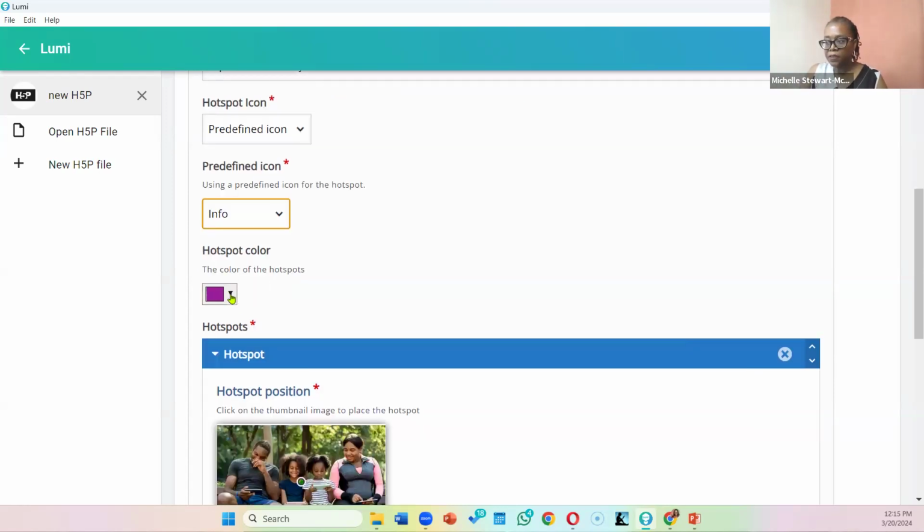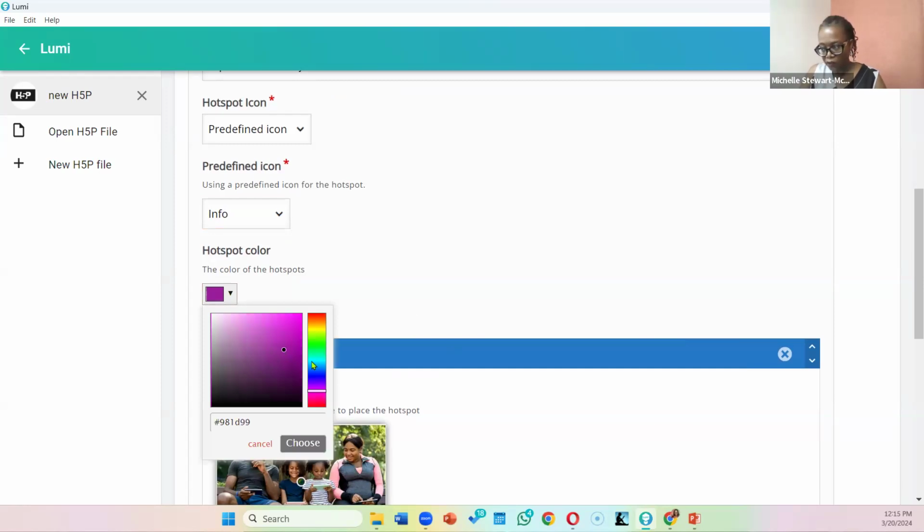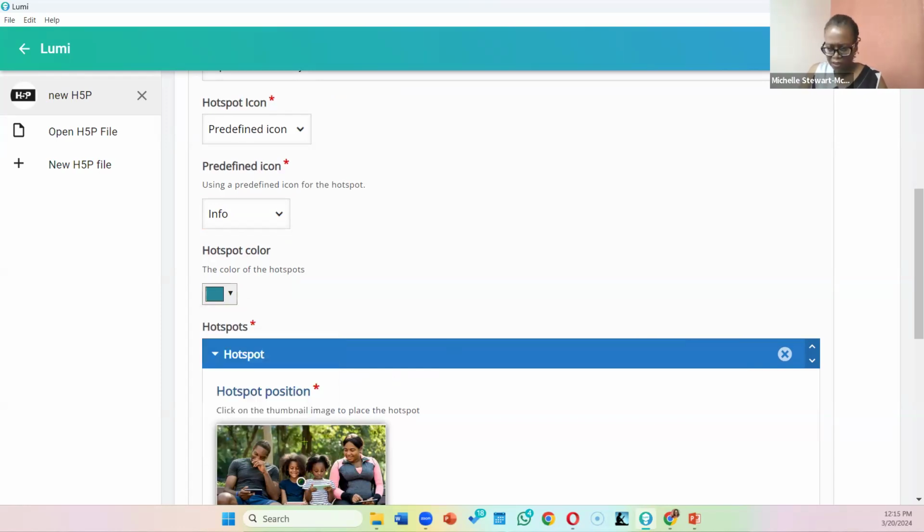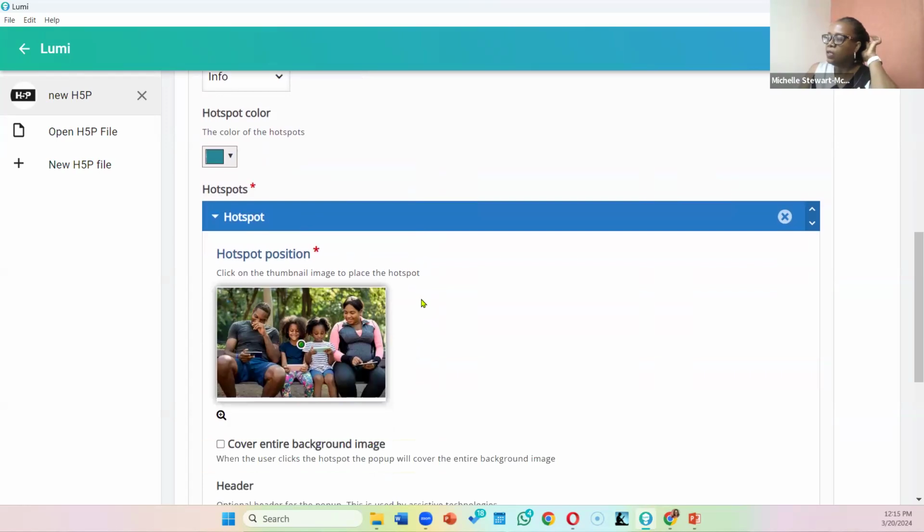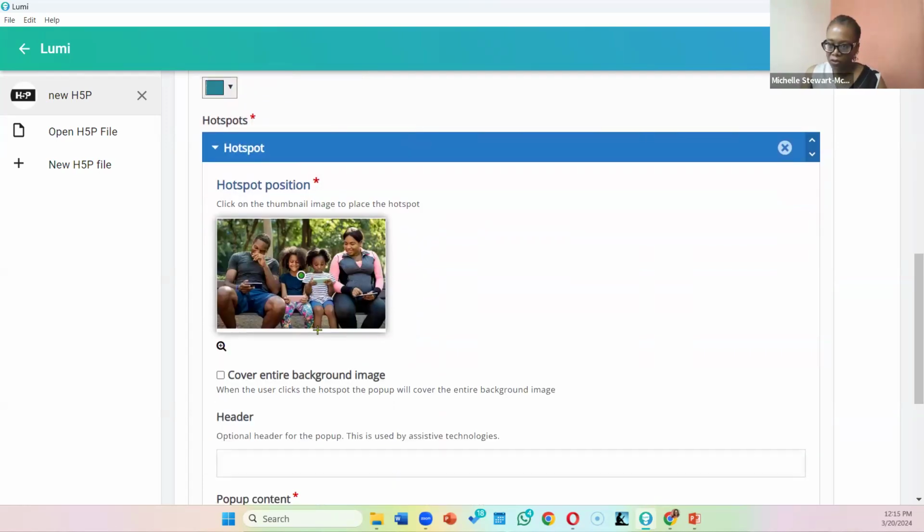And the hotspot color, you can change the color if you want. You can leave it as it is. All right, so if I change this, let's change this to a sort of blue. So you can decide, you can leave it at the purple, that's the default, or you can change it. Now, we are seeing our image, and this is where we start adding our hotspots. Okay, so if you pass your cursor over the image,